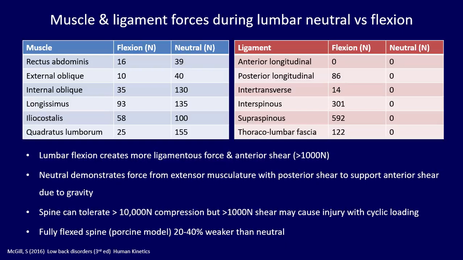So we can say that as we move out of a neutral position, we're changing from stress on the ligaments to stress on the muscles. And we know that the spine itself is slightly weaker in a flexed position than in a neutral position,